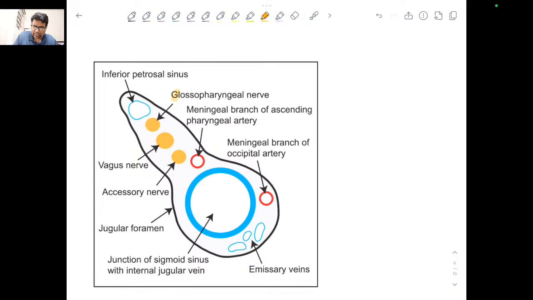One is the ninth nerve, glossopharyngeal. Again, the name is telling the territory, glossopharyngeal. Then vagus, the 10th nerve, and the accessory, that is the 11th nerve. So these are the three nerves which are passing through the